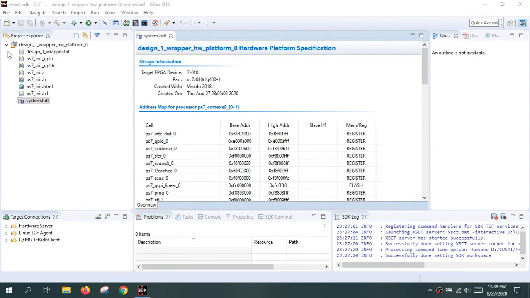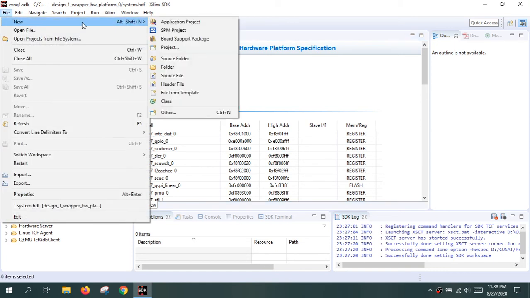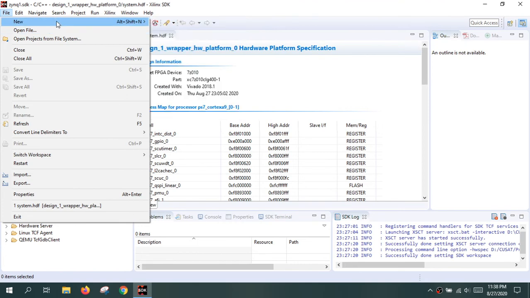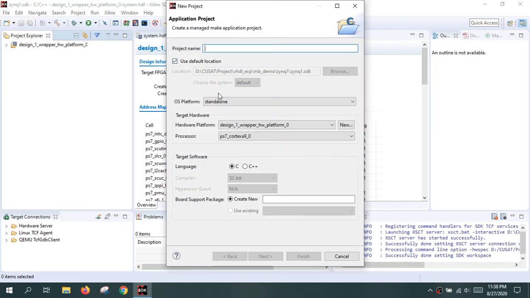From SDK, we will create the application project for the ARM processor inside the Zynq PS. So click on this new file, new application project. So give some name for your application project.